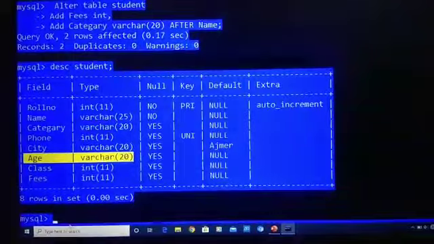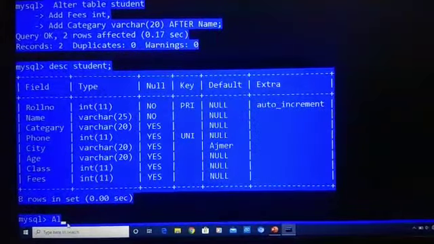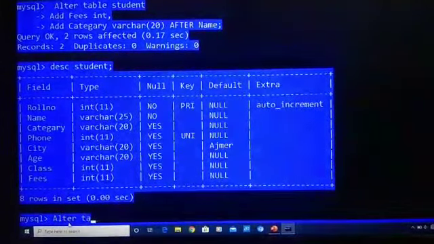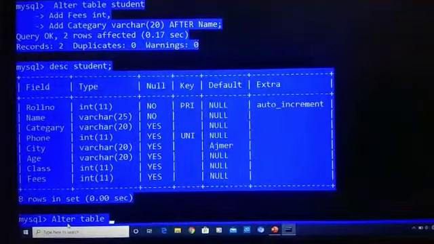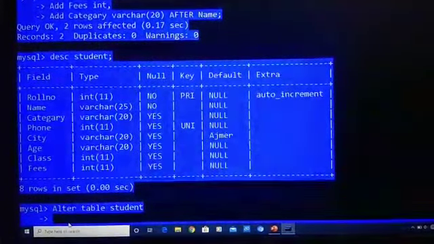To change its data type, we will write the command alter table. Our table name is student, so we will write student, and we have to change its data type, so we will write modify. Which column do we want to modify?